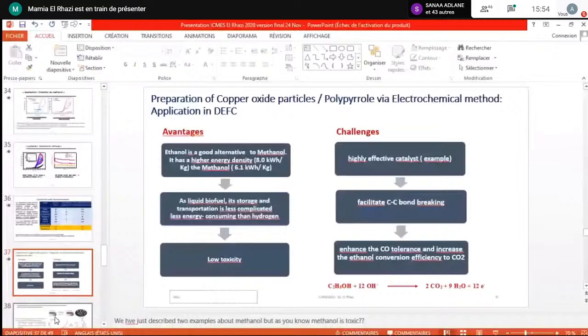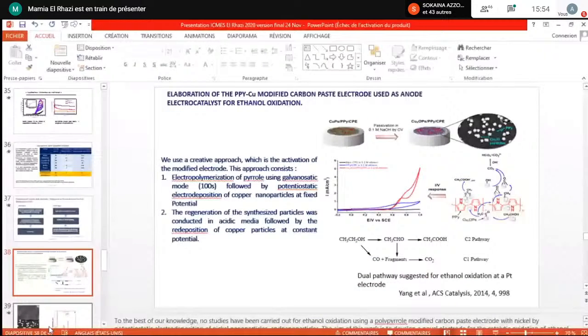So the first approach consists of the electropolymerization of the polymer using galvanostatic mode, 100 seconds, followed by potentiostatic electrodeposition of copper nanoparticles at a fixed potential. And we study the reaction of ethanol on this kind of electrode. And the second approach is the regeneration of the synthesized particles in acidic medium, followed by the redeposition of copper particles at constant potential. And here we can see the dual pathway suggested for ethanol oxidation at a platinum electrode, C1